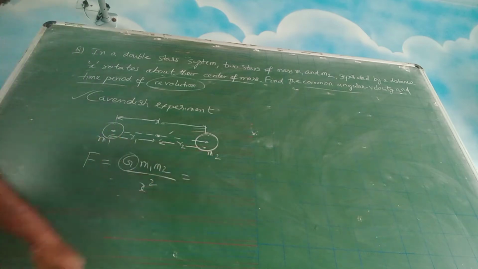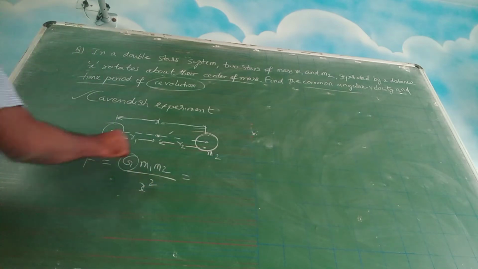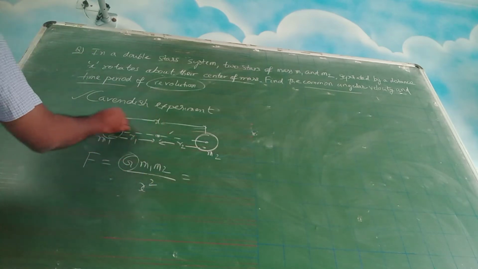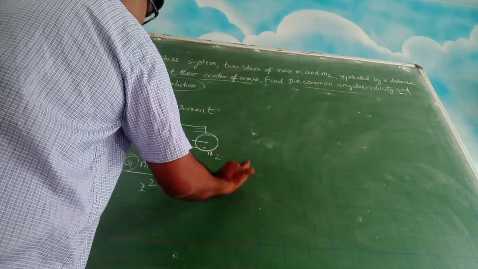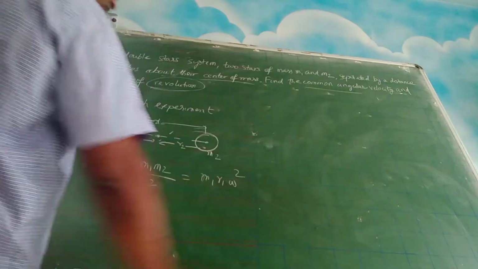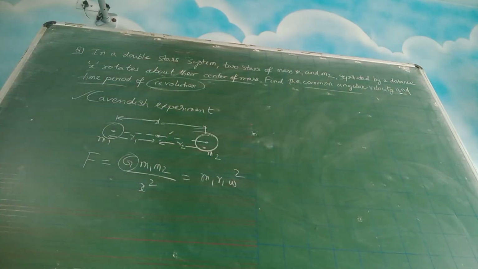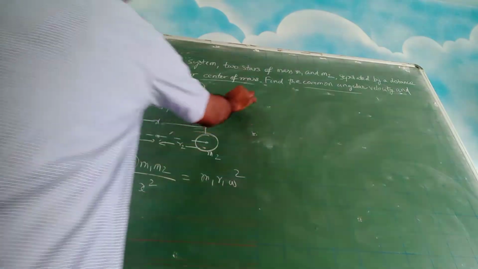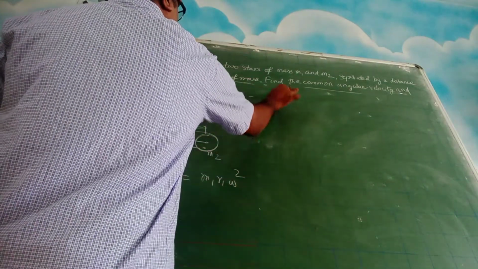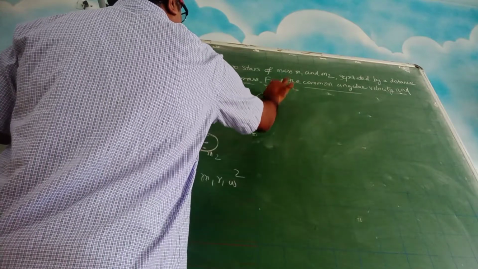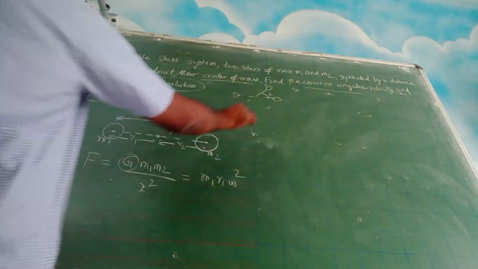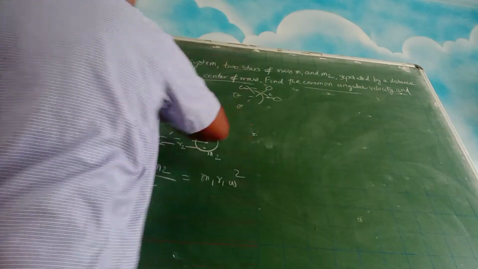Now it is providing the necessary centripetal force. So about the center of mass, if you take this mass, it is m1 r1 omega square, where omega is the angular speed, let us say. So obviously when I have written two masses like this, and after some time t the situation is like this, they must be experiencing some omega, isn't it?